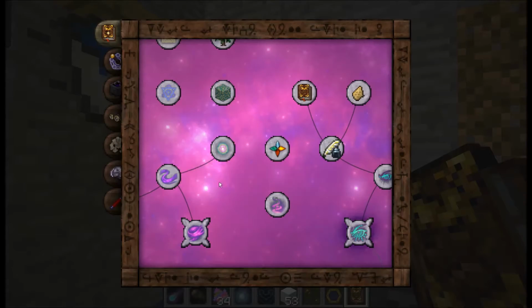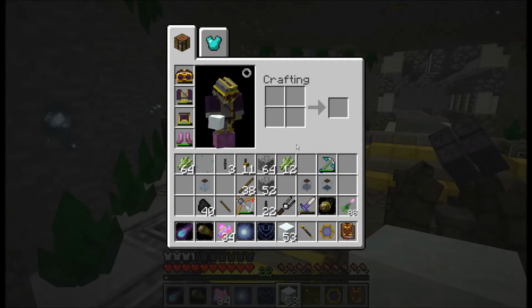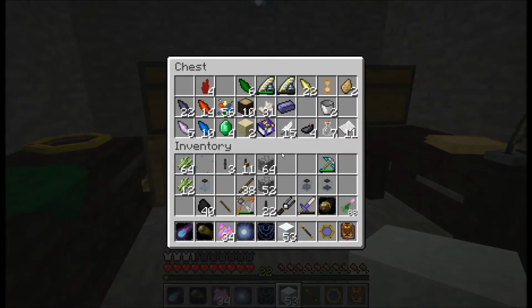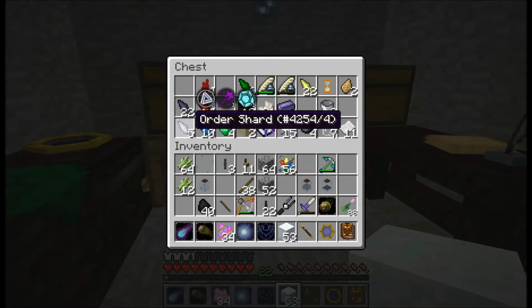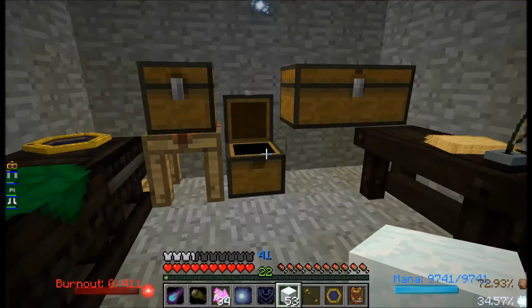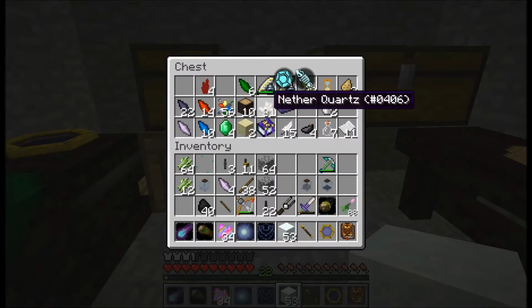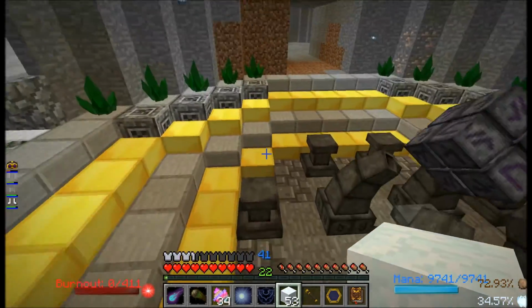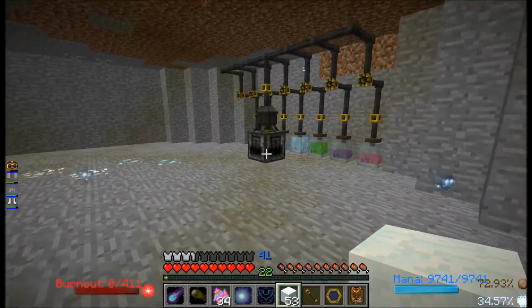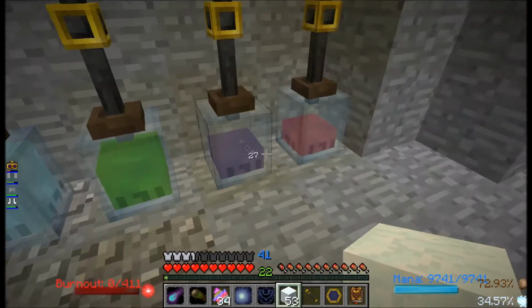Actually, because I am going to try being a lot more frugal, isn't quite the right word, but it's close. I'm going to just plonk a couple of these. I think 4 of them. Maybe more. Also, doesn't Nether Quartz? Nether Quartz does not have Ordo on it. I'm surprised by that. I thought that it did. Maybe it used to. But I'm just going to plonk some of these guys into here and get some Ordo